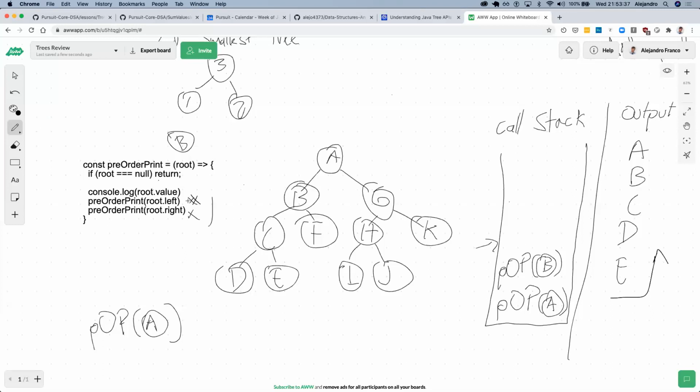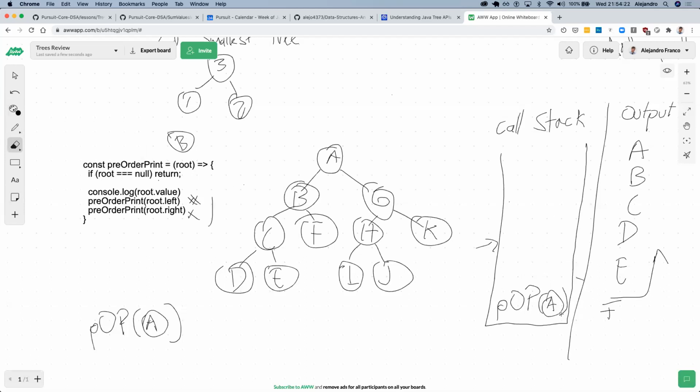It finishes on the left, it goes on to the right, it adds a call for F, it prints F, it tries to go on the left of F, that returns null, it tries to go on the right, that returns null, then the call for F finally finishes and gets removed from the stack. And then finally B finished because it executed everything to the left of B and everything to the right of B.